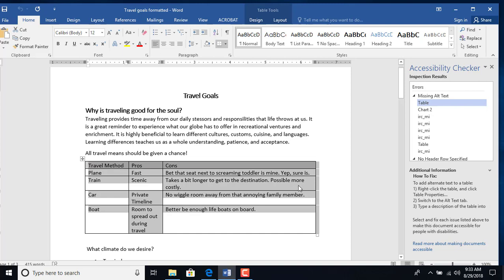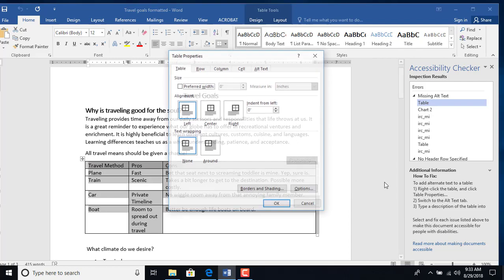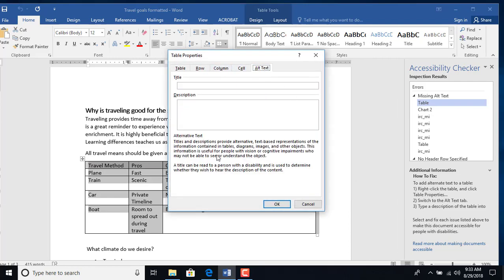For example, for adding alt text to a table, you right click, click Table Properties, then you click Alt Text, and you add your alt text. You don't need to identify that it's a table. You can say travel method pros and cons, and as you fix it,